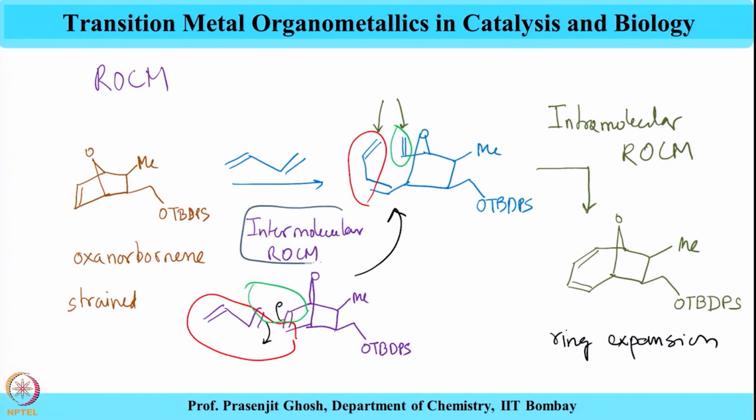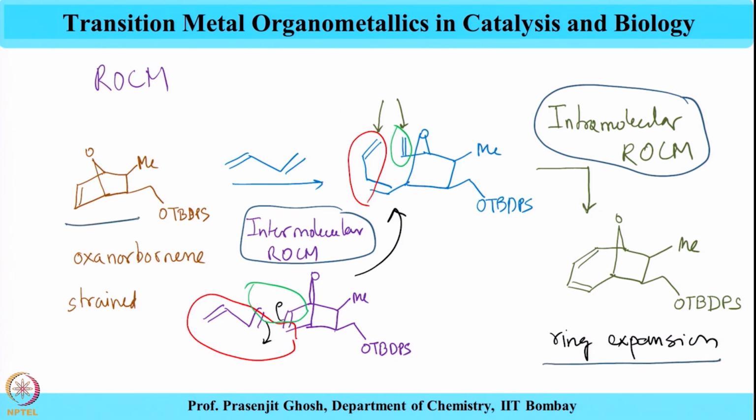So, this is an interesting example where we saw two types of ring opening cross metathesis happening. The first one is intermolecular ROCM followed by intramolecular ROCM, resulting in a bicyclic ring. However, this is in a much more expanded form than it is over here, and hence this release of ring strain on going from here to here occurs using this nice example of intermolecular and intramolecular ring opening cross metathesis reaction.